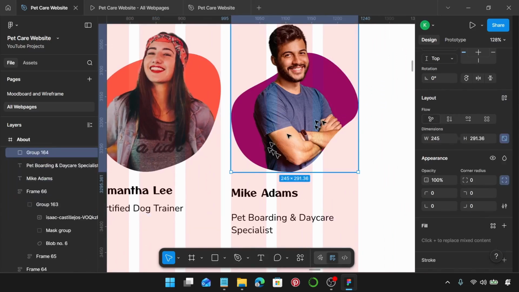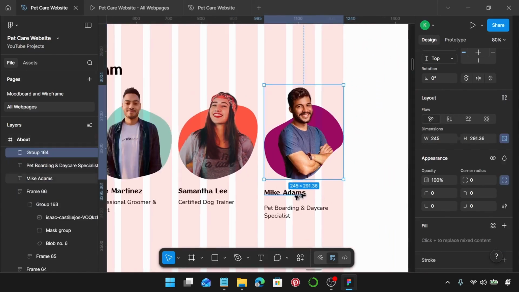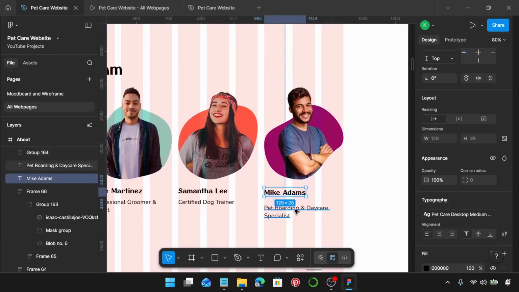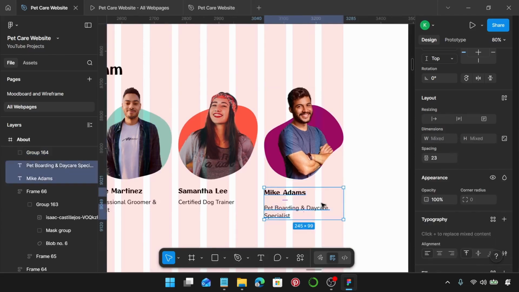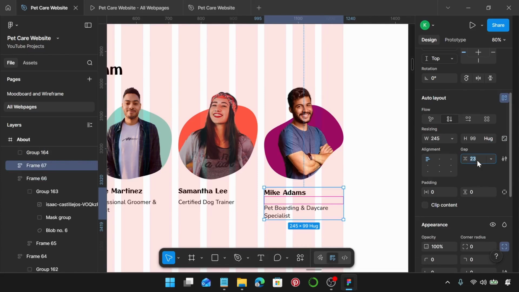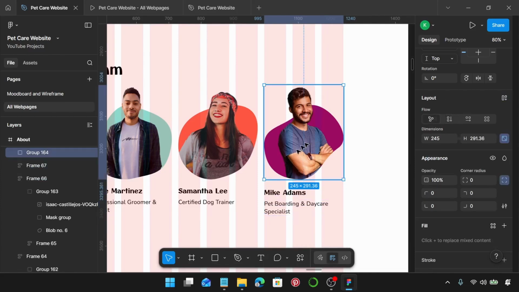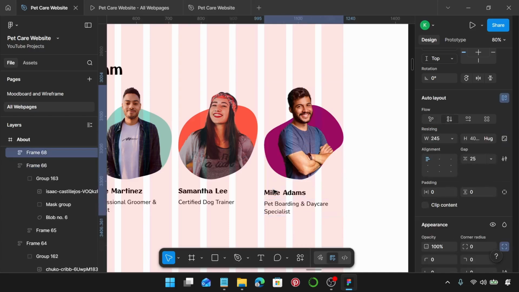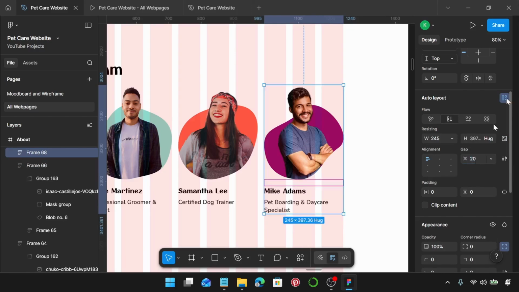Finally, this one seems fine. This one is fine. It's 245, so no changes there. I'm going to select these two, make it a frame, change the gap to 10. I'm going to select the image and this text, make it a frame, change the gap to 20, and then